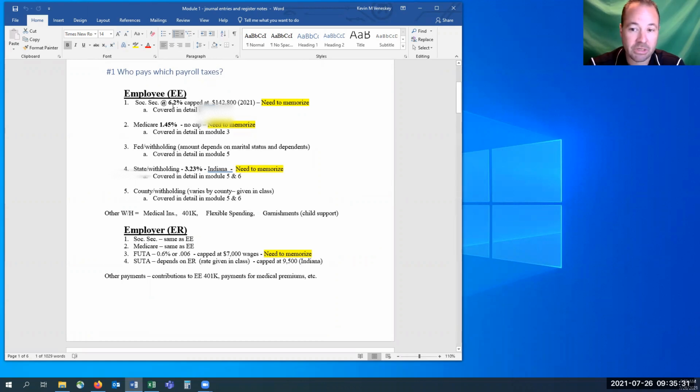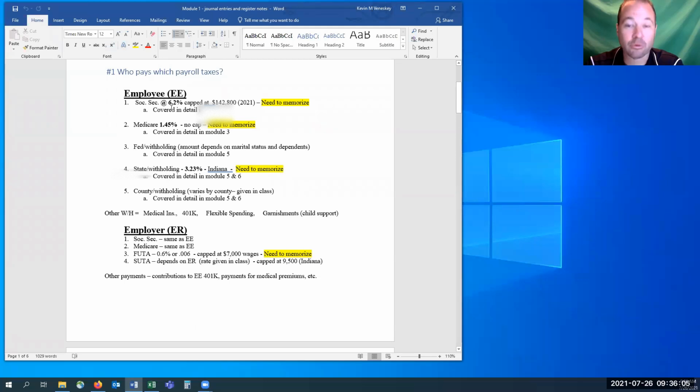All right, so the first one that you need to memorize is the Social Security. So there are potentially 5 taxes that include federal and state taxes. They could be more, could be a little less, because not every state has county withholdings. And not even every state has state withholdings, as we'll find out later in the semester. But these are the 5 that are typical for Indiana. So we've got Social Security. You need to memorize the cap,